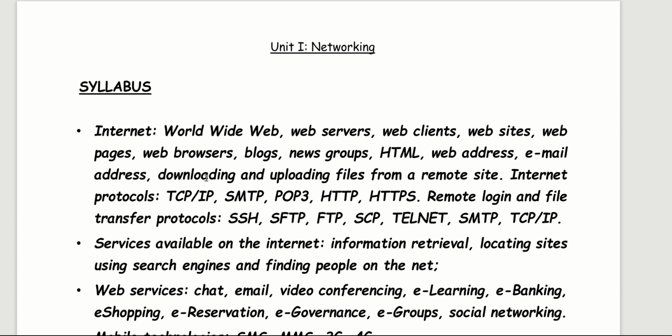This is the syllabus. According to this syllabus, you can have the questions related to these terms. The exam pattern I will discuss after discussing this chapter. So you can have a case study based question, you can have 1 marker and 3 marker questions from this